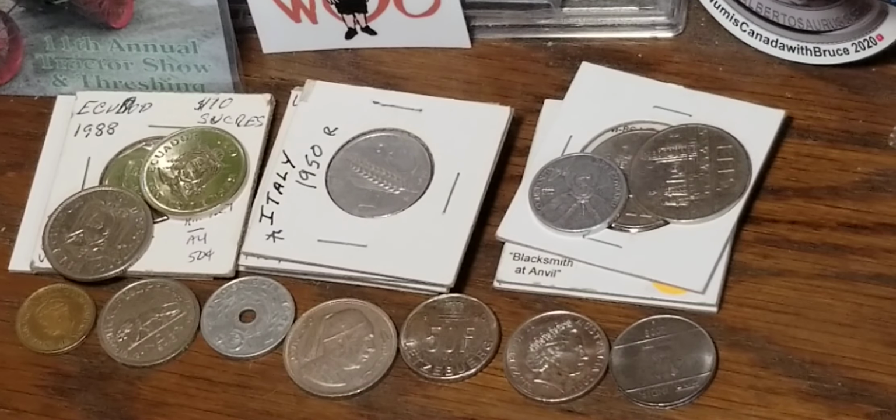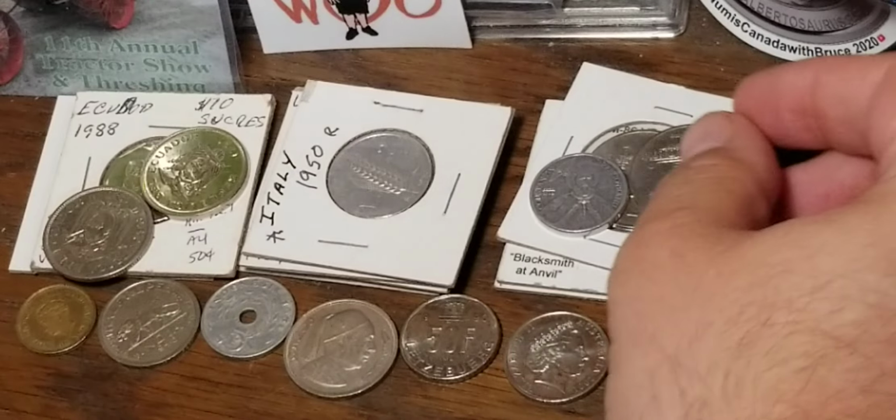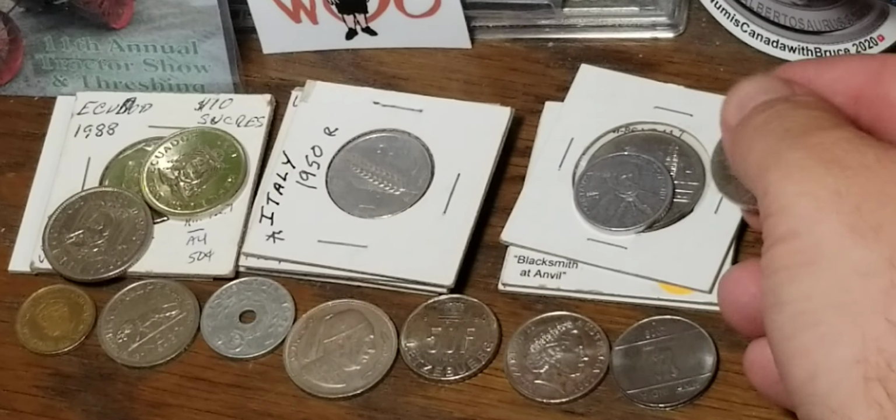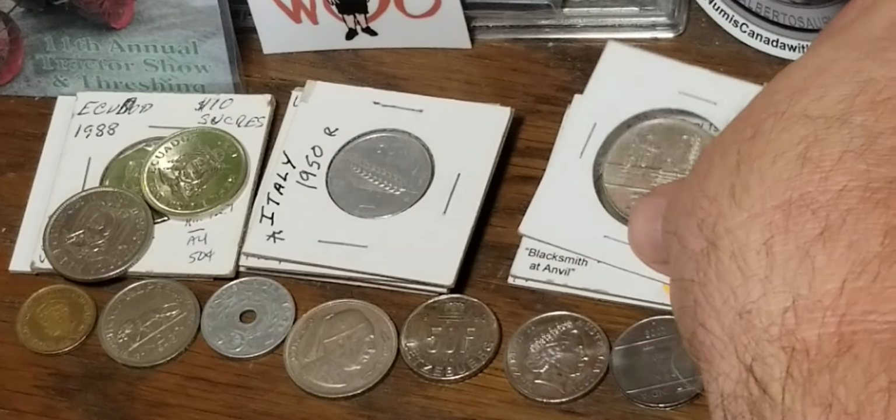And for some reason, he had a lot of coins from Romania. And from the show, I picked up a small stack from Ecuador as well. So let's get into it. All my Romanian coins are in the top left here. We're going to start with two different